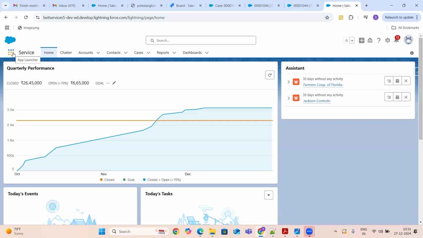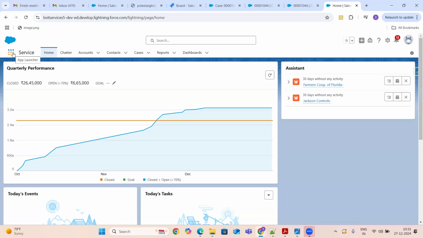Whenever you join your company, the first thing they will do is ask you to raise a ticket for your access. They will tell you the org name, as I told you, and then tell you to go through this application, giving you the application name.